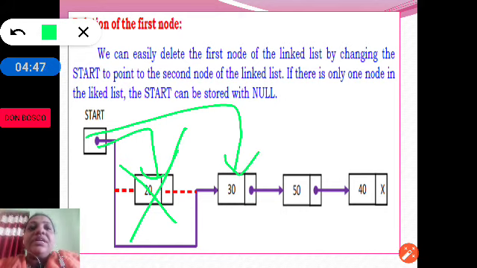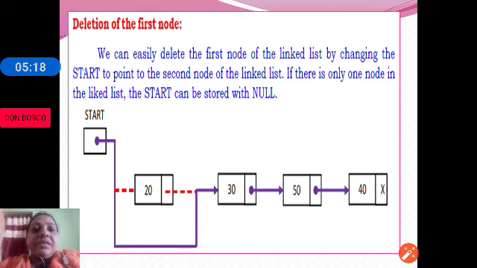When we want to delete a node which is the first node in the list, we just have to change the start, making the start point to the second node. If there is only one node, then start will become null, because there was only one node which we deleted, so the linked list has become empty. So let us see the algorithm for this.